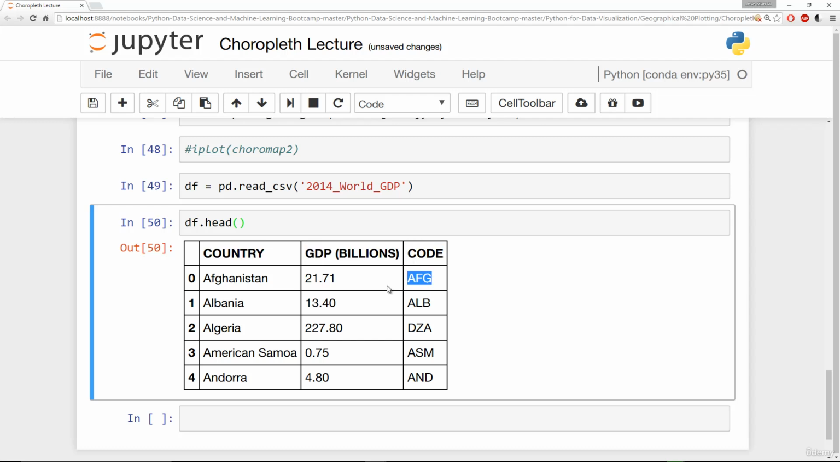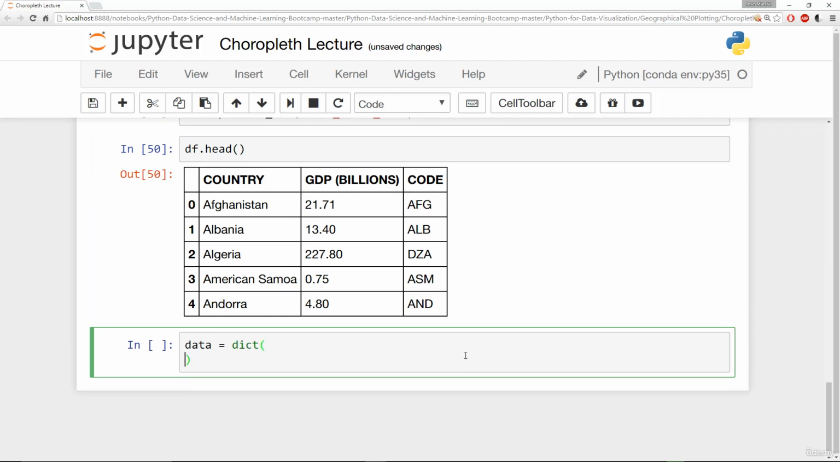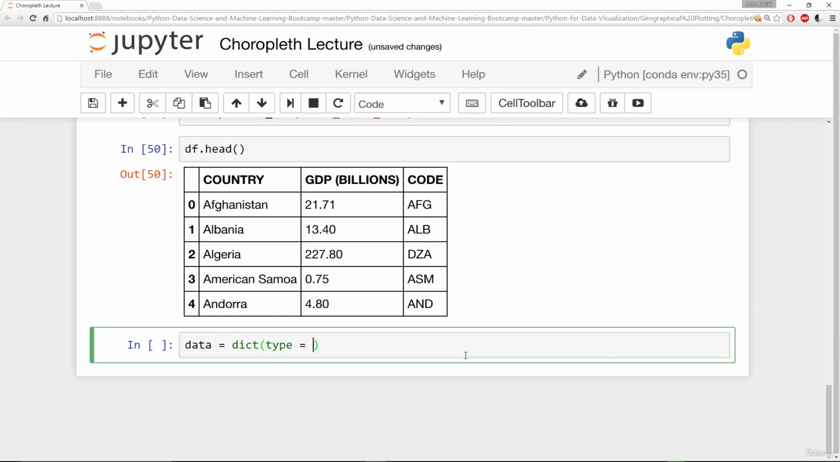So this is just a standardized code for international countries, basically the same as the state codes that we saw earlier. We're going to use this GDP as our Z value, country as maybe the text, and then the code as the actual code to pass in for the Choropleth mapping. Let's start creating our data variable. Again, we call a dictionary. We say type is equal to